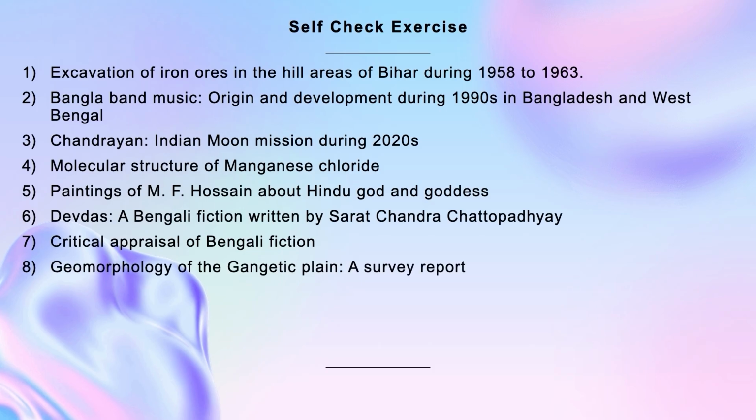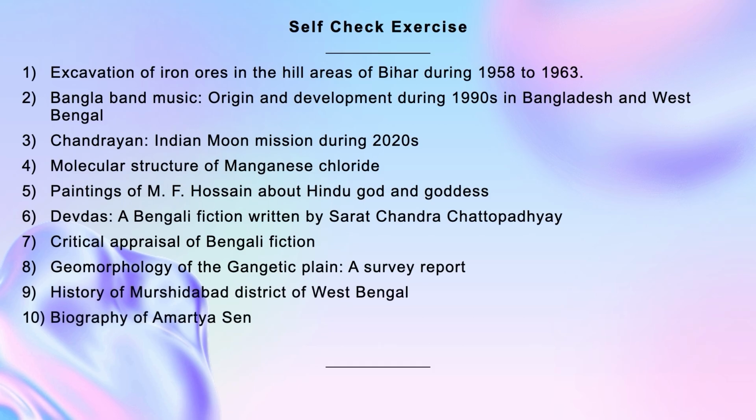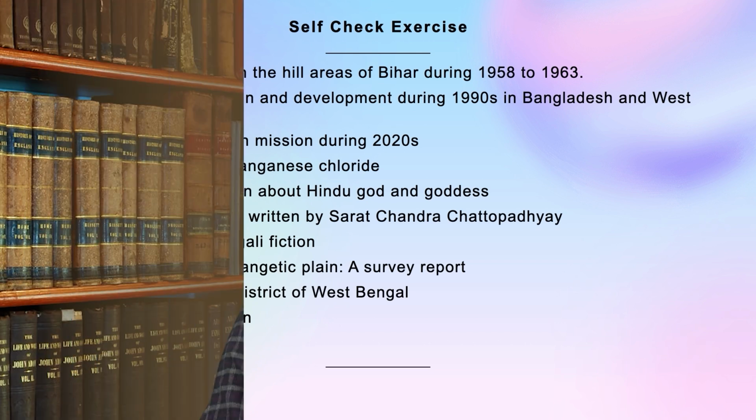And geomorphology of the Gangetic Plain, a survey report. This class number will be at Geography. And history of Murshidabad district of West Bengal, taken from the history class. And biography of Amartya Sen, taken from Biography, History and Geography. Okay, so you just classify all these titles according to the UDC and